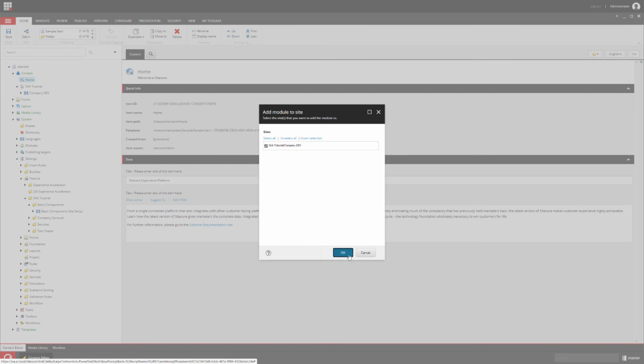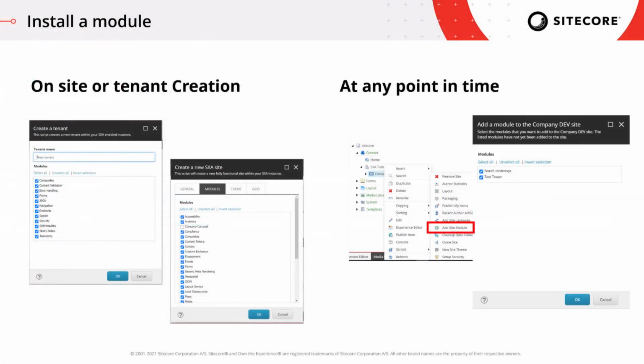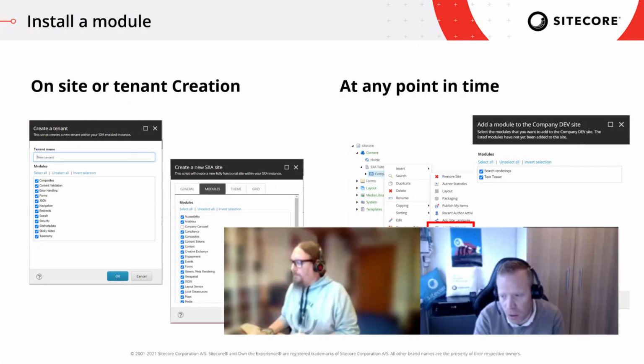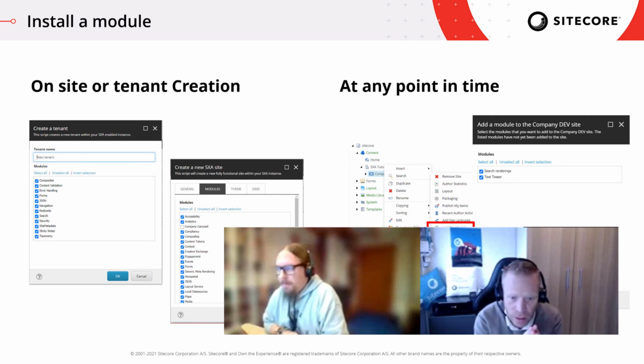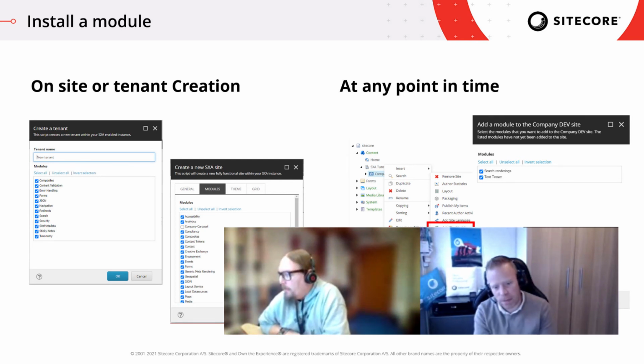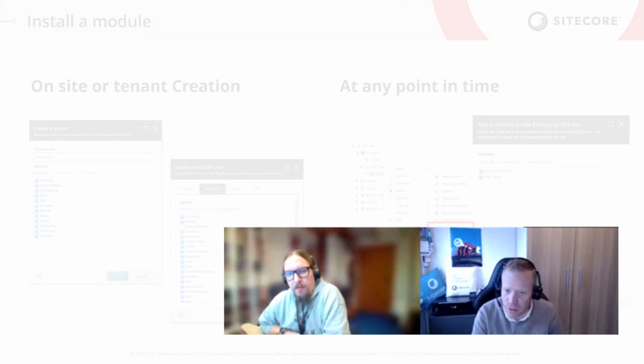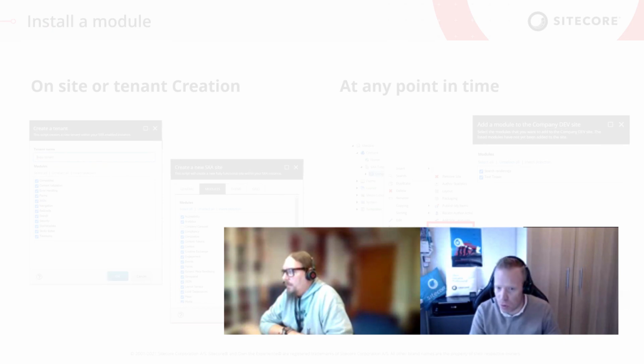So both ways, I think, give you a good chance to install new features to your sites. Maybe just to add to your point, Sebastian, modules in that sense are like a group of shared functionality. They all have a similar sort of functionality. If you look at the dialog windows here, you see that search, for instance, is a module, while search has multiple components, multiple renderings. You have search results, you have sorting, the search box, all of that. All of that is grouped into a module. So a module is a group of renderings or a group of components.